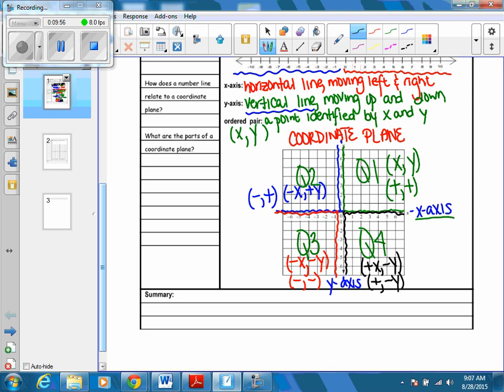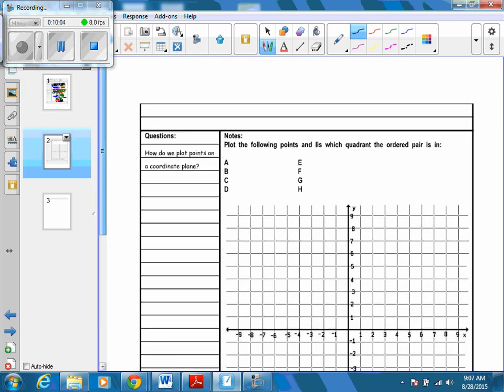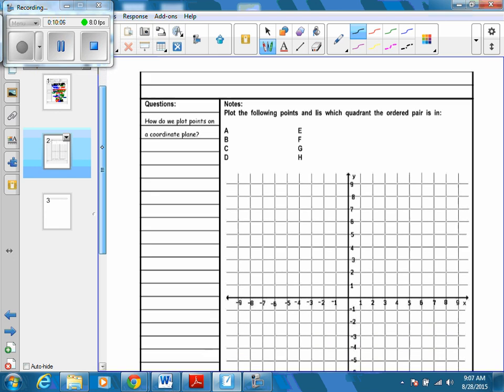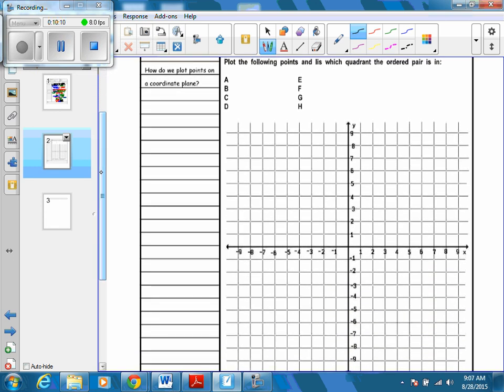Okay? So let's practice that some. Let's flip to the second page. And on the second page, it says, plot the following points and list each quadrant the ordered pair is in. So for the first ordered pair, it says A. I'm going to write one in. Let's use the ordered pair